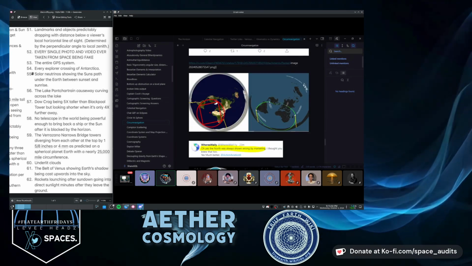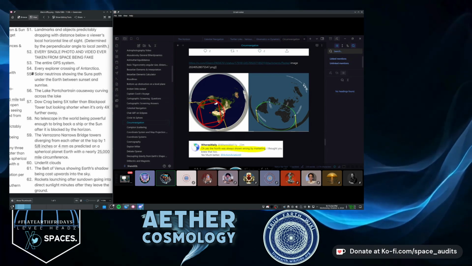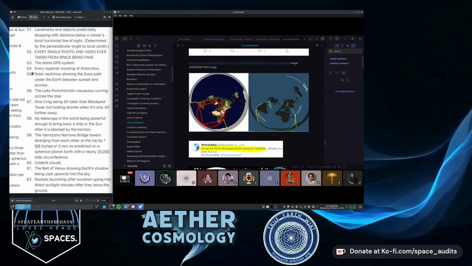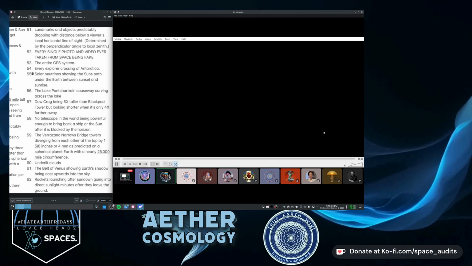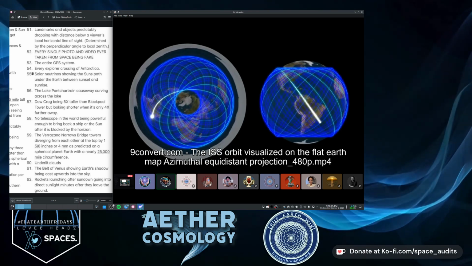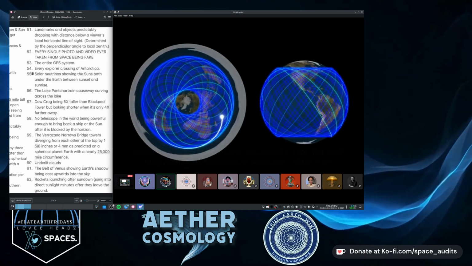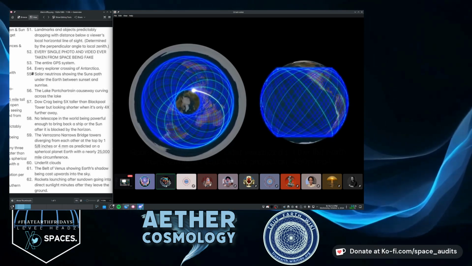Whew, super unfortunate. So yeah, and then that ties into the polar orbits of satellites. When you plot those out on the same respect, you get a giant elliptical loop. You don't get where it would pop out on the other side. It's just not what happens. So next up is solar neutrinos, showing the sun's path under the Earth between sunset